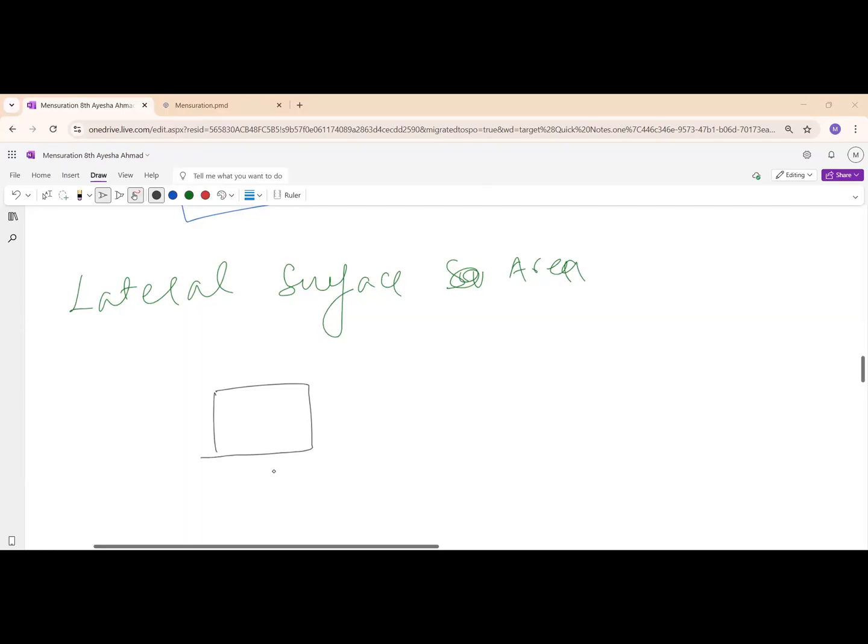Okay, Aisha. Lateral surface area. Yeah, I was saying, what should I see? This is the